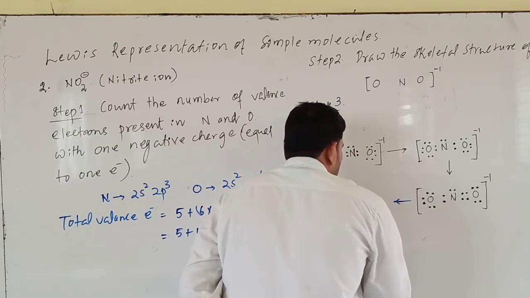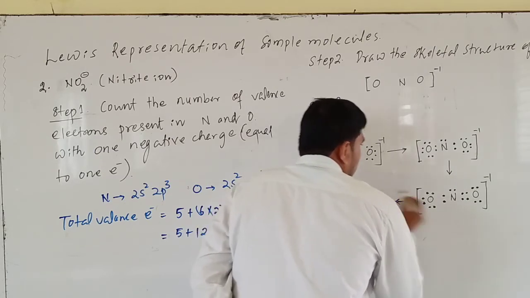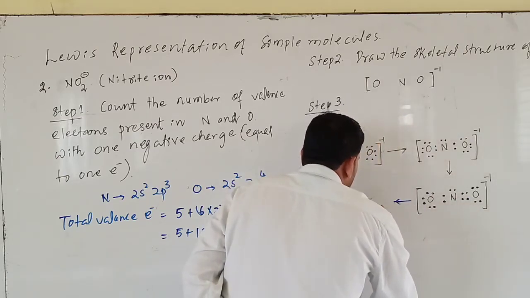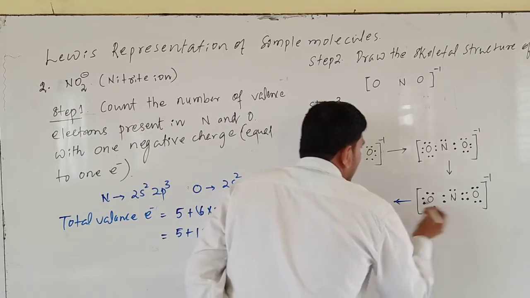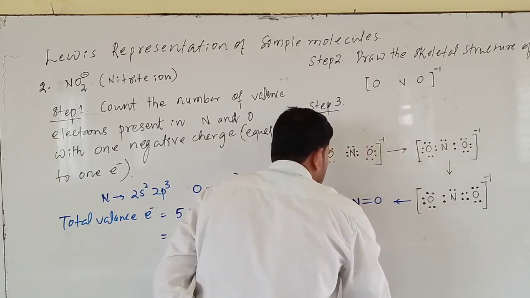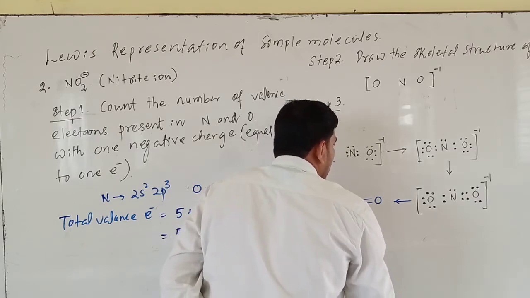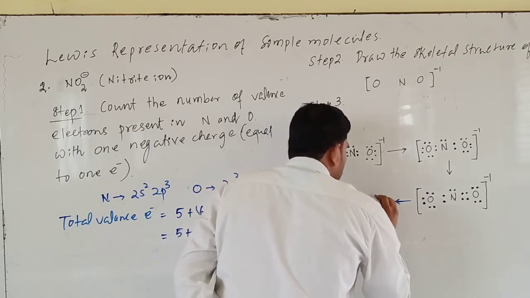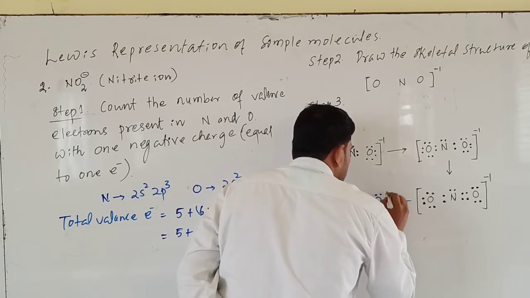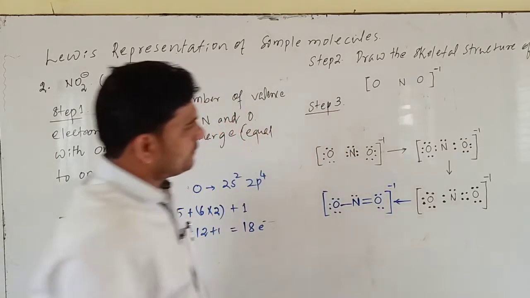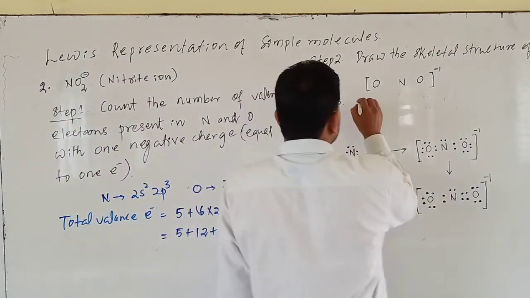How to draw this structure? Between nitrogen and oxygen there are 4 electrons, and 4 electrons shared is a double bond. Over here one lone pair is there, which is a single bond to the other oxygen. Place 6 electrons on one oxygen, 2 on the nitrogen, and 4 on the other, with a negative charge. Understood?